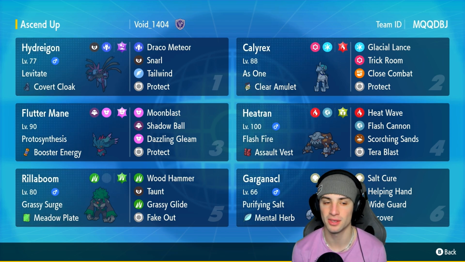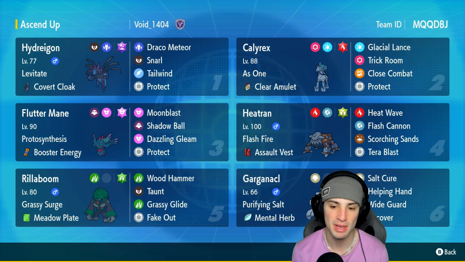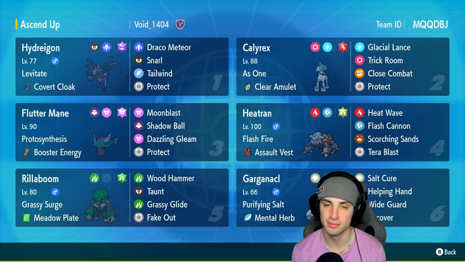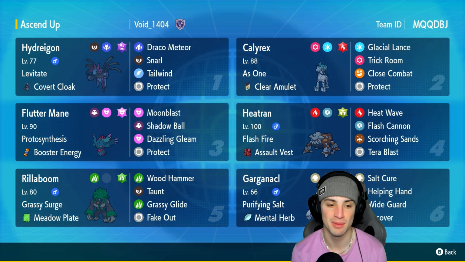Our final 4 Pokemon on today's team feature Hydreigon, Flutter Mane, Rillaboom, and Garganacl. Hydreigon, great special attacker with Snarl and Tailwind. You got Flutter Mane. Do I even have to talk about Flutter Mane anymore? And then Rillaboom with Grassy Glide, Grassy Surge, Fake Out, and last but not least